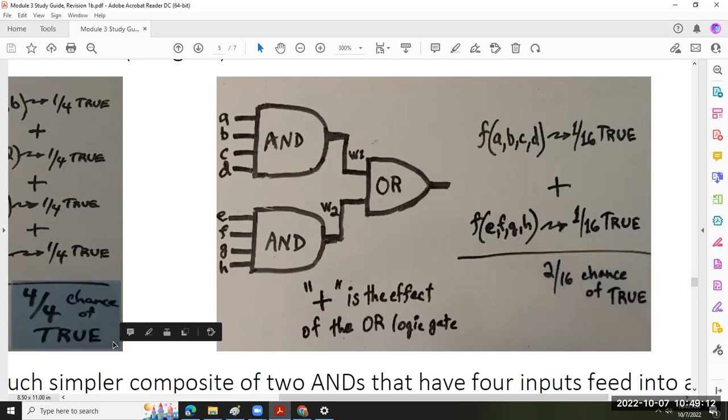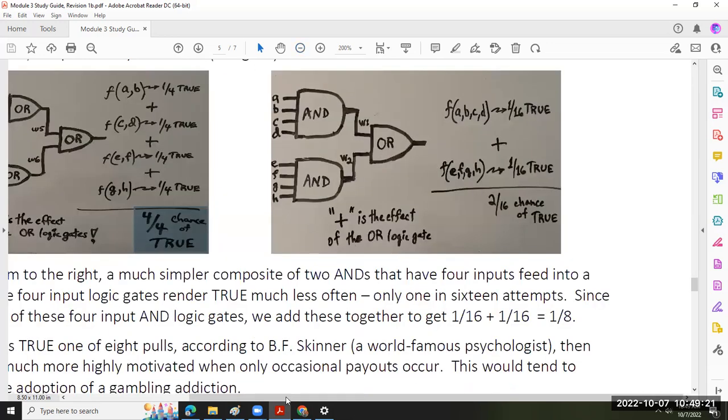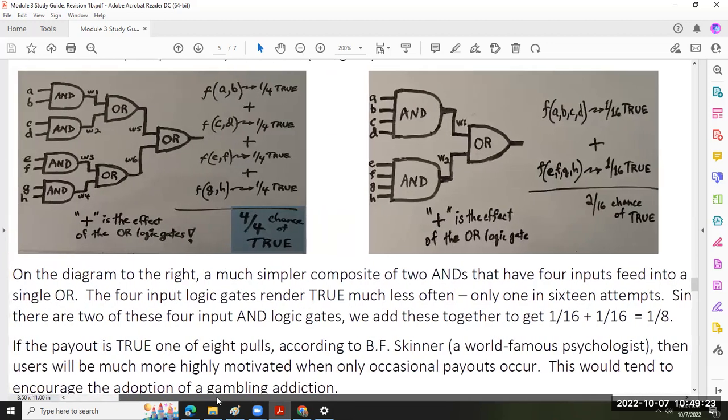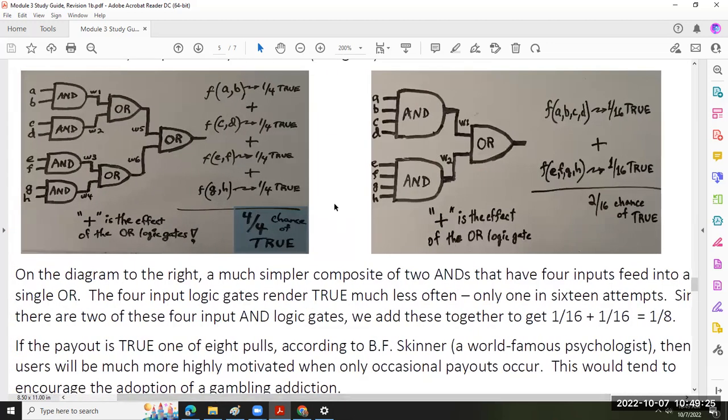If you pull so many times, oh, you want it to be true. What am I saying? If we use logic gates to build a slot machine and we're deliberate about it,